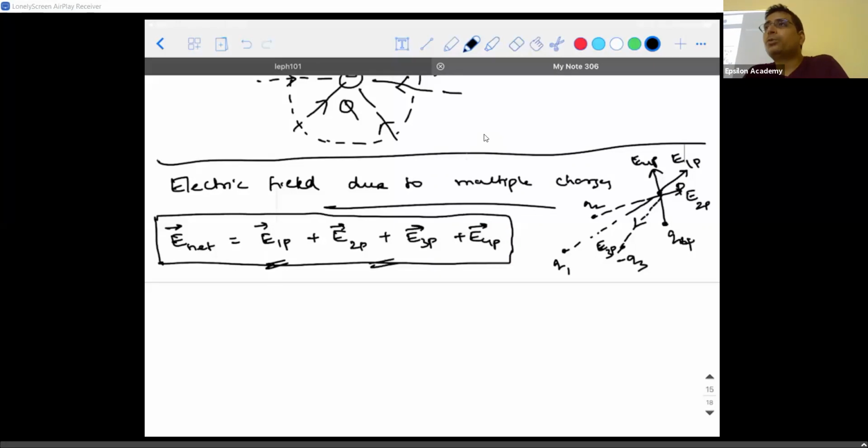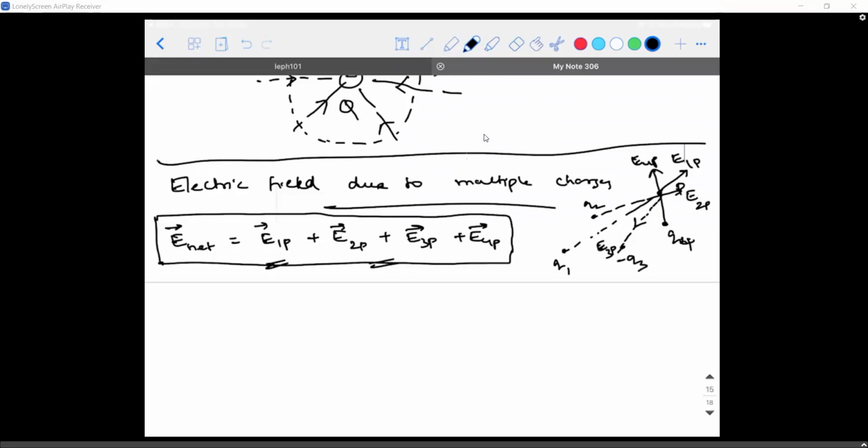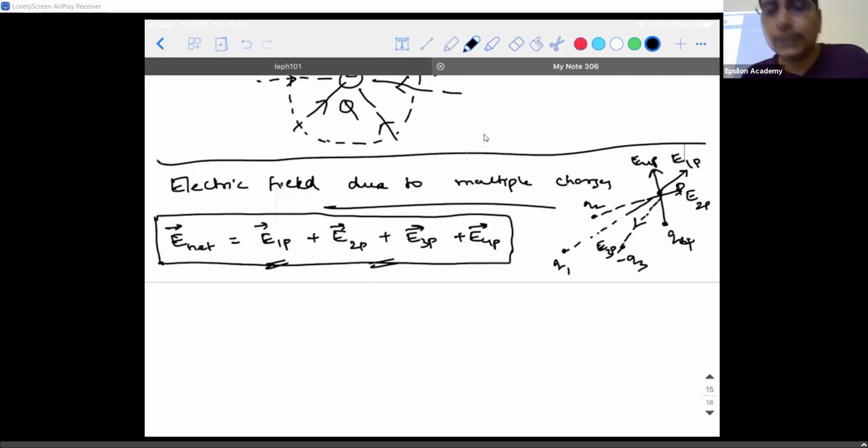Okay, so with this I'll stop. Before next class, I want you all to go through vectors and be thorough with it, especially resolution of vectors, parallelogram law of vectors, and triangle of addition. You need to be clear with it. I hope there is no doubt from today's class, right? Okay, then we'll wind up this.